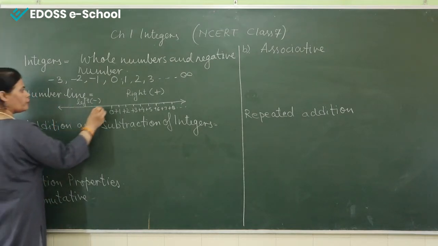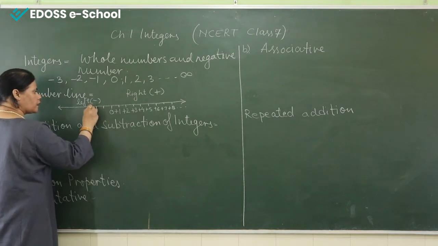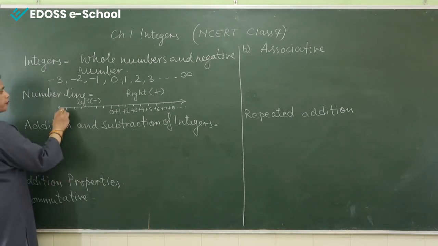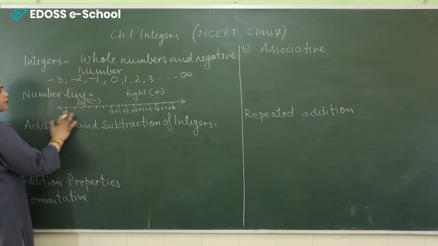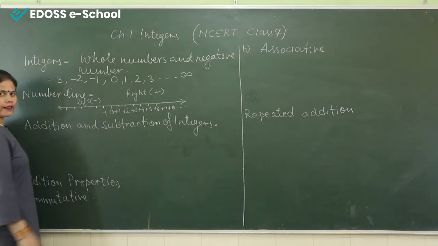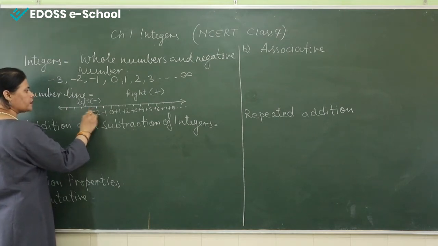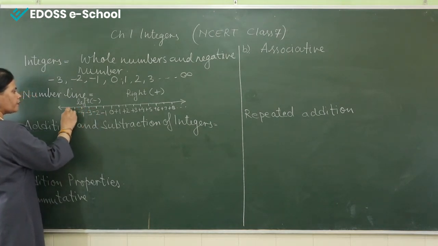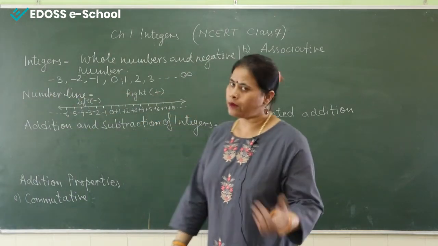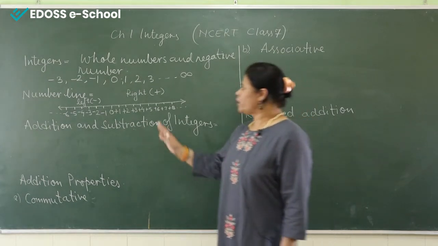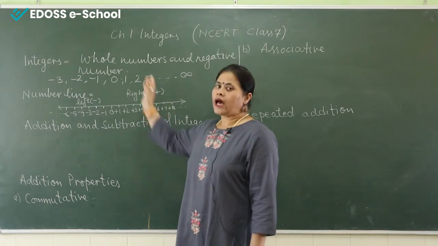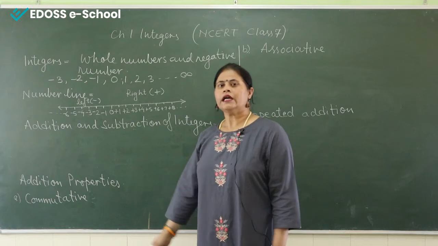But remember one thing, when you plot the marks, please write them at equal distance, and please don't write minus from here, because -1 and +1 are nearest to the 0. So you have to start from -1, -2, -3, -4, -5, -6 and so on. This is called the number line. Again I am repeating, when you plot integers on the number line, on the right hand side you plot the positive integers, and on the left hand side you plot the negative integers.